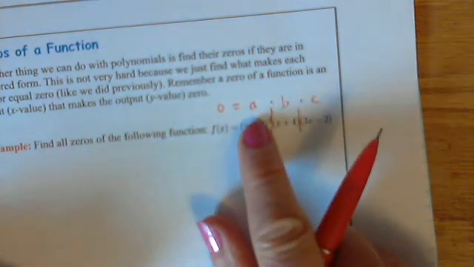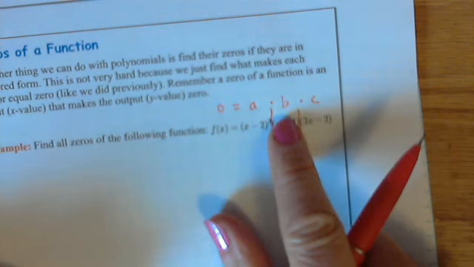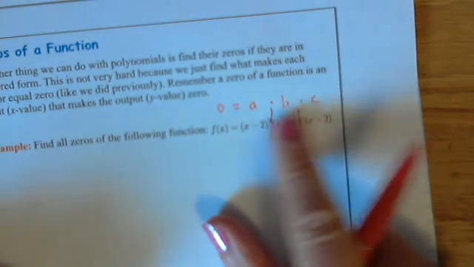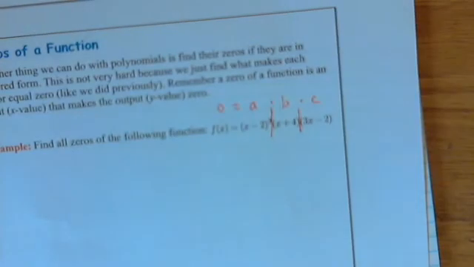Likewise, a could be 0 and b and c could be some other number, and the whole thing would zero out. And the same goes for b. It could be 0, a and c could be some other numbers, and the whole thing would zero out. Or all three pieces could equal 0. So when we're solving a function that's in factored form for when it equals 0,